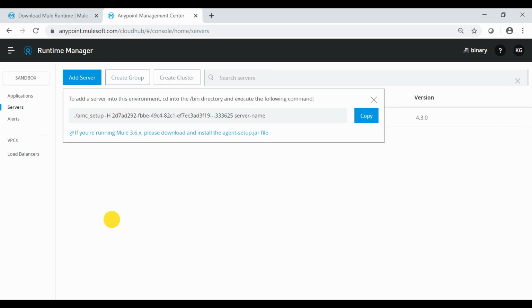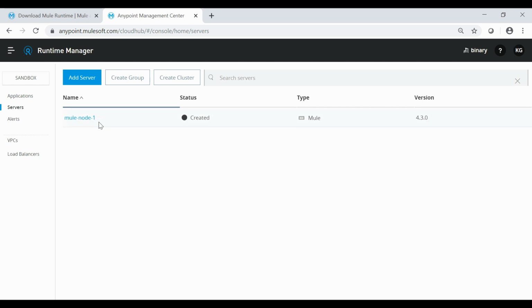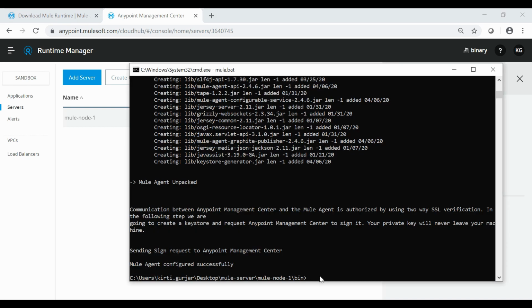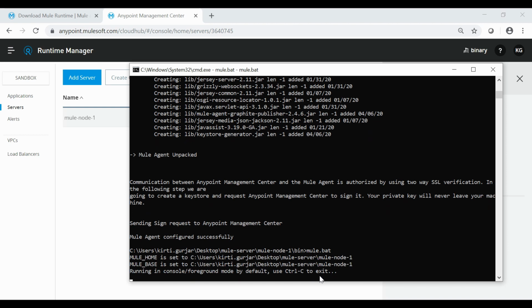So let's see if the server has been created or not. Here we can see the Mule Node 1, which we created, is now in the Anypoint platform. Okay. Currently the status is showing as created. If you want to run this Mule server, how can we do that? Again, we have to run the same mule.bat command.